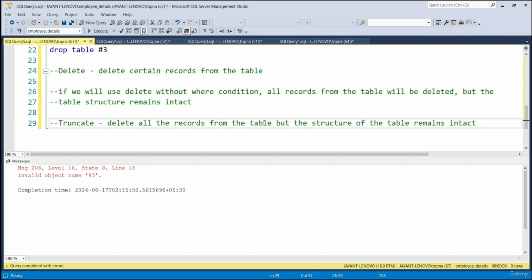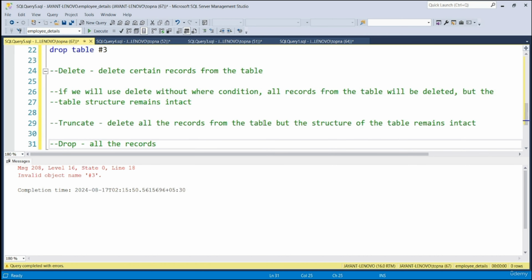So the columns and all will remain. And if you use drop, sorry, then all the records will be deleted, plus the table structure will also be removed.